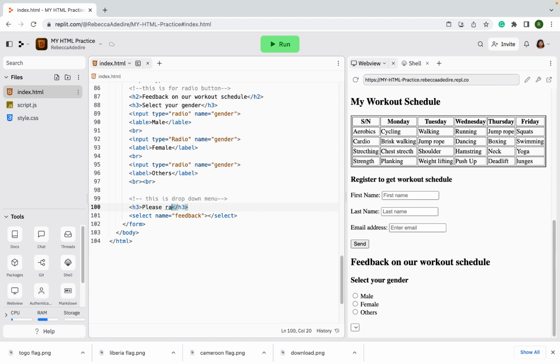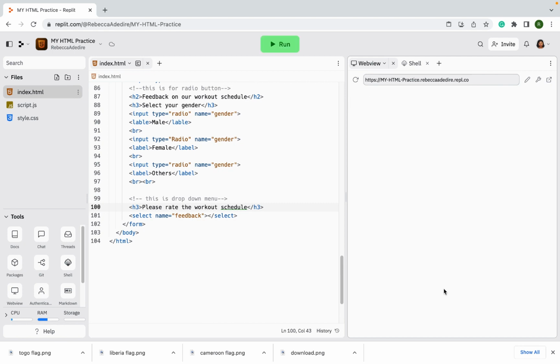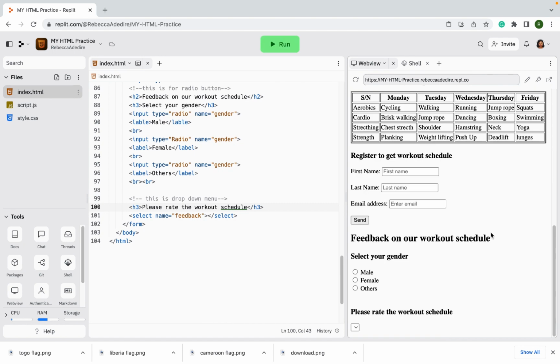please rate the workout schedule. Right? So we have that header 3 asking you to please rate the workout schedule. So we have this drop down. There's really nothing in the drop down menu, but we have the select, name, feedback, and we go back to, okay, now put option,